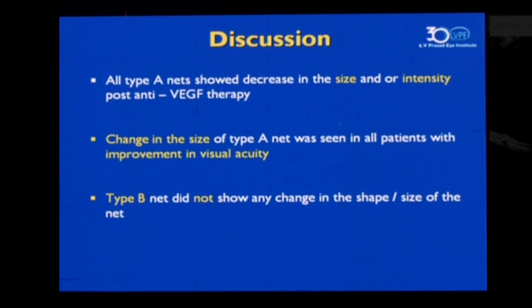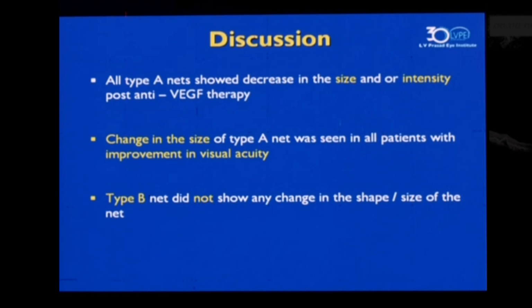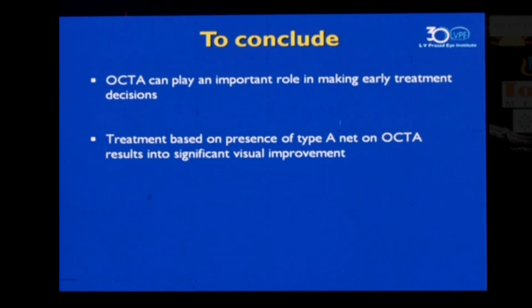So to discuss, all type A nets showed a decrease in size and or intensity after anti-VEGF therapy, and change in the size of the type A net was seen in all patients with improvement in visual acuity as well, whereas type B did not show any change in the shape or size of the net. And OCTA can play an important role in making early treatment decisions, and treatment based on the presence of a type A net on OCTA results in significant visual improvement. So at the end,